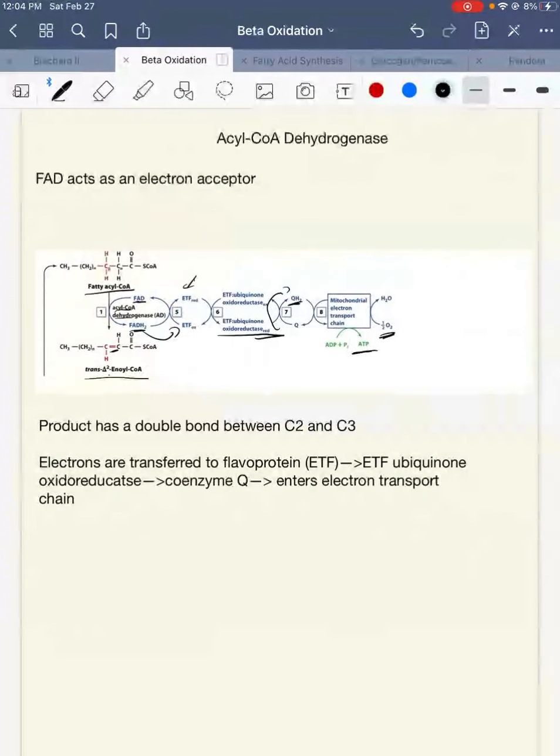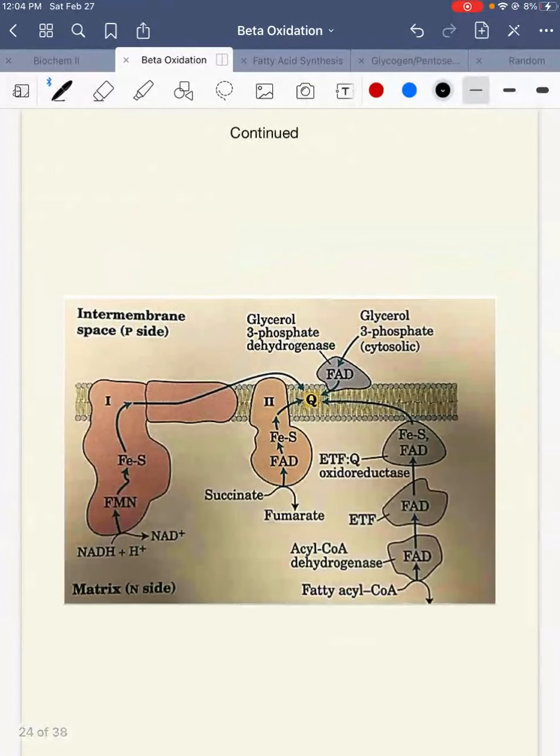Okay, so the product, the trans-enol-CoA, has a double bond between C2 and C3. So now this is another way to look at it. This is the fatty acyl-CoA. This is the enzyme, acyl-CoA dehydrogenase. So this enzyme runs. Electrons are in FAD, and then we get the FAD reduced form. We give it to ETF. ETF then gives it to ETF oxidoreductase, which then gives it to coenzyme Q, and then coenzyme Q can then enter